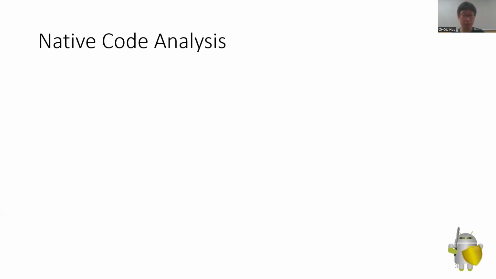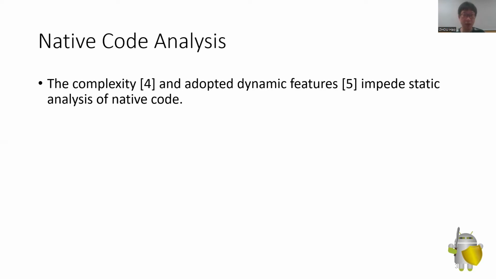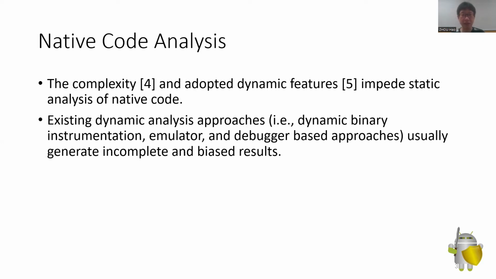It is challenging to analyze native code in Android apps. On the one hand, the complexity of native code impacts the static analysis of native code. On the other hand, although many dynamic analysis approaches have been designed for inspecting native code in apps, the majority of them rely on three kinds of underlying techniques, including debugger, dynamic binary instrumentation, and emulator. Unfortunately, they usually generate incomplete and biased results due to their limitations in obtaining and analyzing execution traces and memory